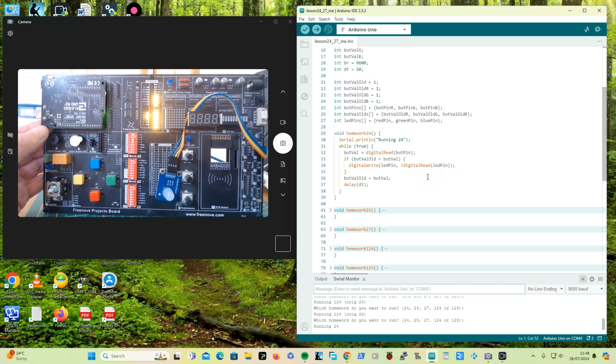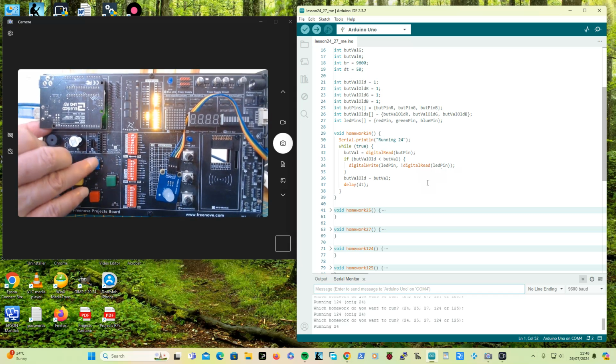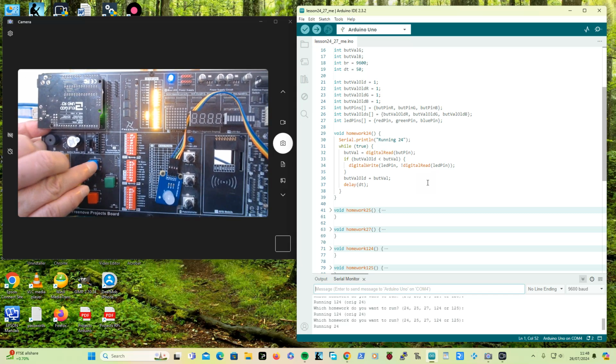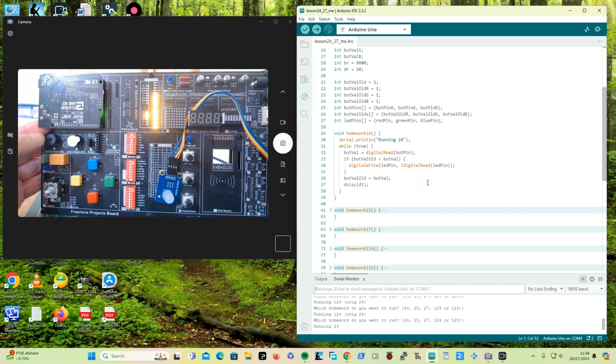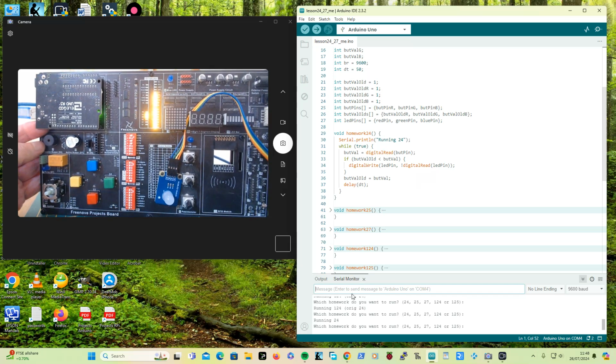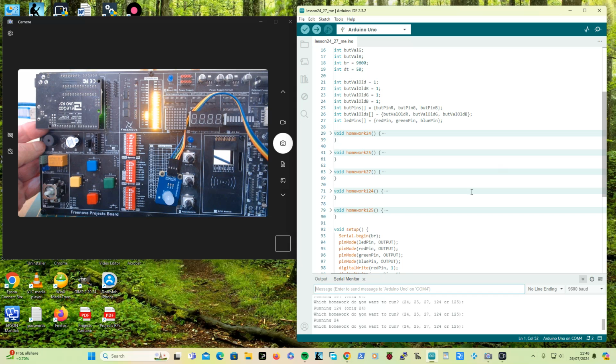So we'll try pressing the button, nothing happening. When I release it, it comes on. When I press it, release it, it goes off. Again, very simple. So we will press reset, and this time